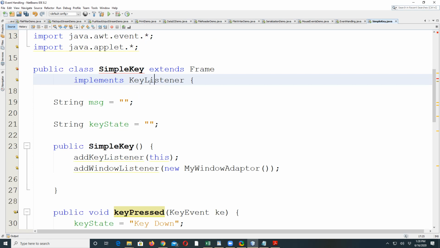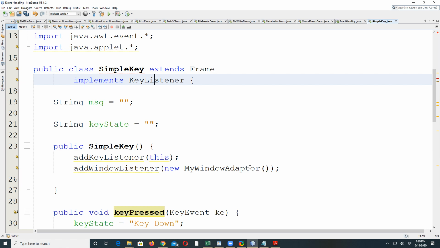You really do not have any option. But Java provides you adapter classes. All these adapter classes are nothing. They are just classes which are implementing these interfaces, and they provide you empty implementation for all the abstract methods inside these interfaces. And because they have empty method implementation, if you extend from the adapter class, you will still be able to handle the event because the adapter class is implementing the interfaces. So you will be fulfilling a requirement, but in that case you will not be bound to give implementation for all the methods.